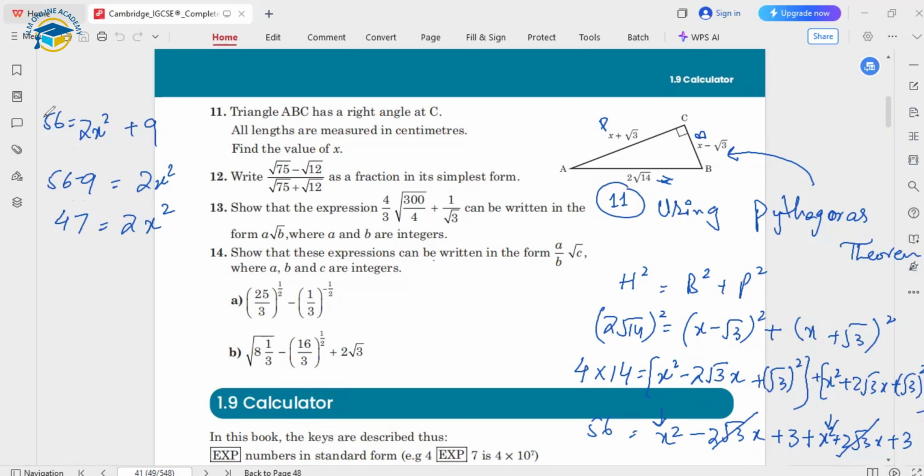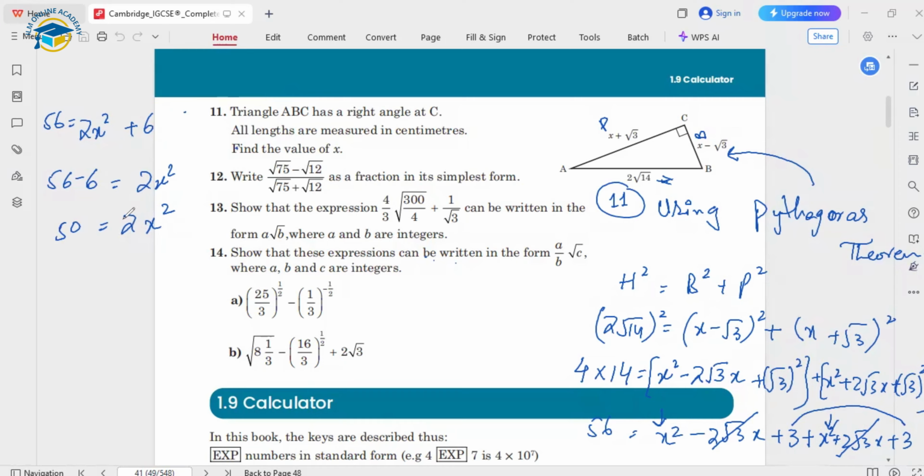Oh, sorry. Here one mistake I have done. No, yeah, that's fine. So what we will do next, this 2 that has been multiplied over here, we need to shift to the other side and it will be in the form of division. Okay. So accordingly, yes, exactly, I found the mistake. 3 plus 3 will be 6 over here, but I wrote 9 accidentally. Sorry for the mistake. This is 3 plus 3, so that will be 6. So we need to subtract 6 from this 56. So that will be 50.